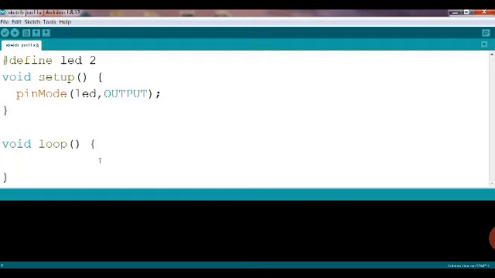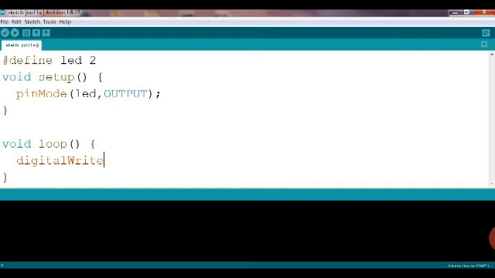That is programming. If I want the LED to go on and off, the very first thing we should know is that the LED should get power for some time and should not get power for some time. That is, the positive of the LED should get power and should not get power. That power will be in the form of digital. So we have written digital write. Write means to give the output. That is to be understood here.